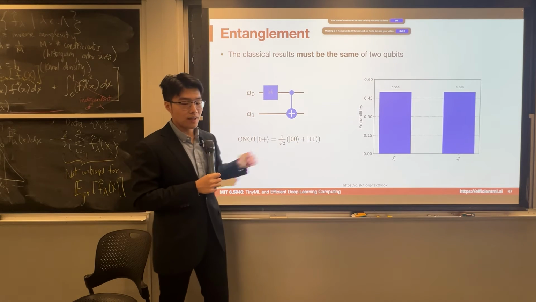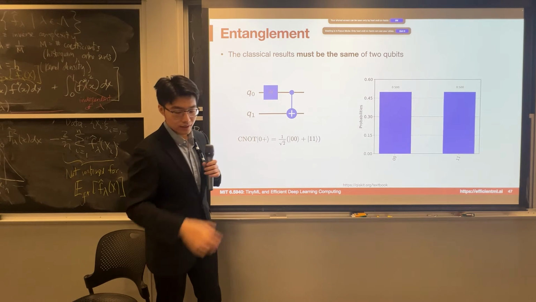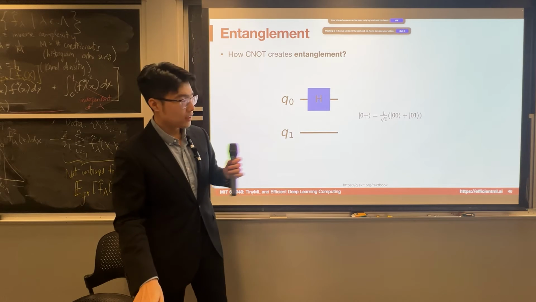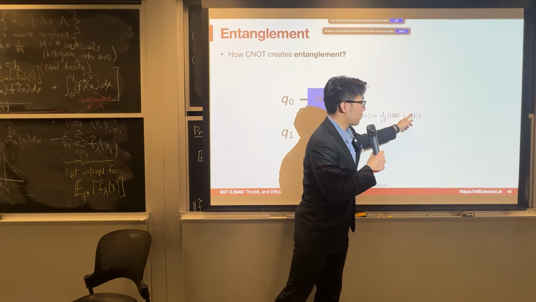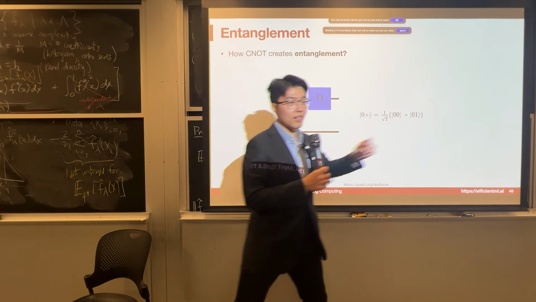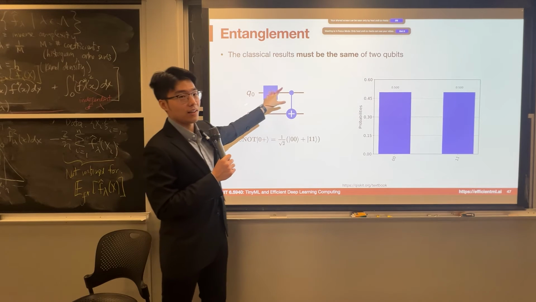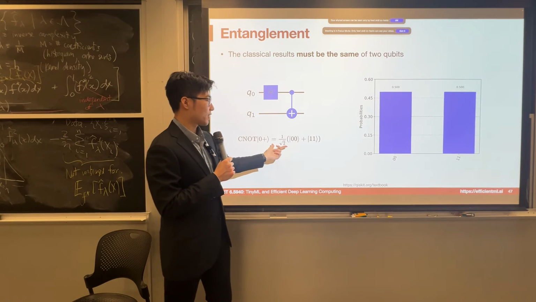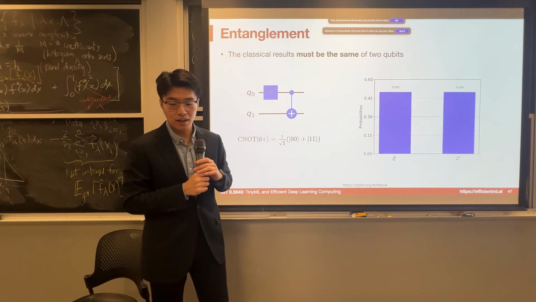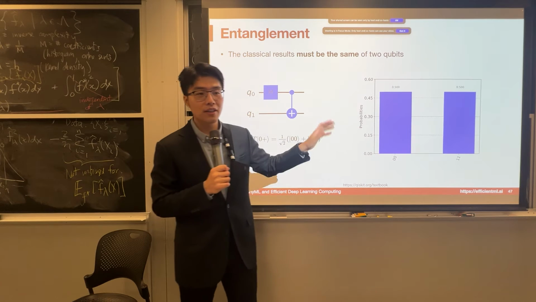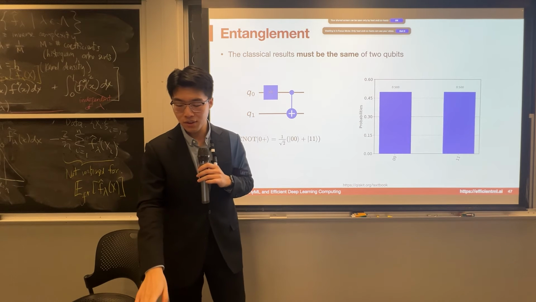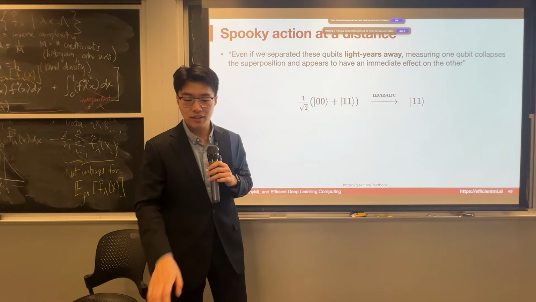After applying the CNOT gate, you can see actually the state will not be the previous one. It's not 0, 0 plus 0, 1, but this 1 will cause the flip of this 0, right? And this 0 will not change. So we got 0, 0 plus 1, 1, right? So that's the result after this CNOT gate. So this is a very interesting entangled state because the information or the energy always concentrates on both 0 or both 1 state. So what is the implication of that?